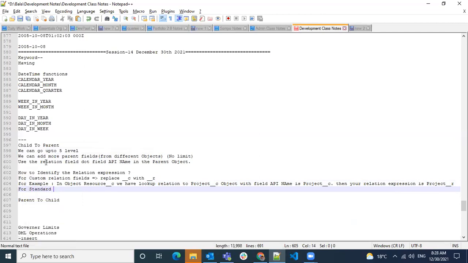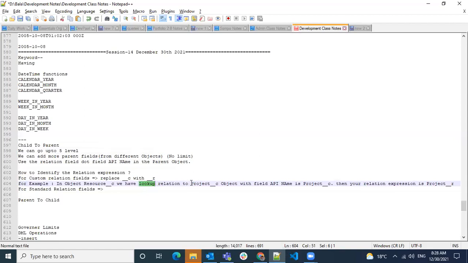For standard relation fields, here we have to go for a lookup relationship always, and then we need to go for whatever field we want. It could be lookup or a master relation. Basically, we have only two relationship fields: one is lookup and the other is master.